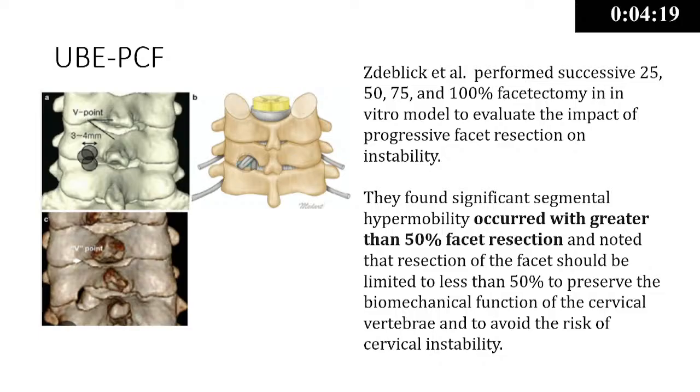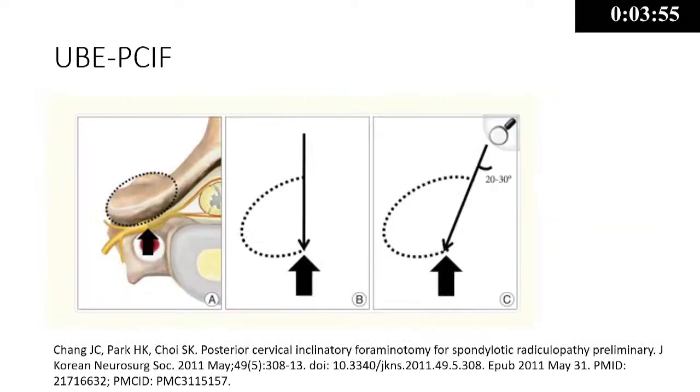Like I have said, in the lumbar spine the most important concept is the pars interarticularis. If we remove the pars interarticularis, there are chances of instability and stress fracture. Similarly, in the cervical spine, facet removal is a vital step. If we remove more than 55% of the facet, there are chances of facet instability, and then we have to fix it. So how much facet can be removed? Less than 50% has to be removed. In post-op scans of cervical foraminotomy, you will see only this portion of the bone has been removed. This has to be preserved, otherwise it will lead to instability.